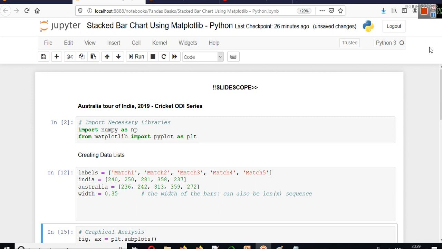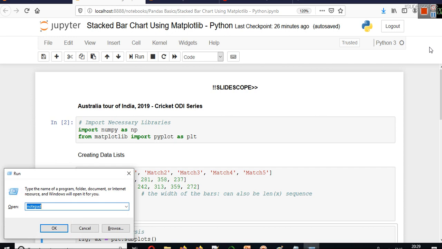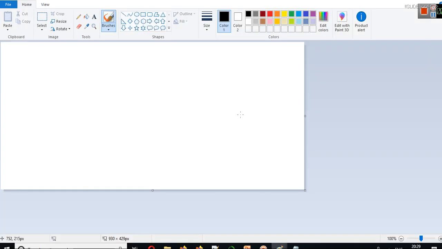We are learning data analysis and in this part you will learn about stacked bar chart using Matplotlib in Python. You will learn how to plot stacked bar chart using Matplotlib. In a stacked bar chart you will see that there are two values and they are placed on top of each other like this. So let's say this is some other data. So there will be bars like this, and the height of these bars represent some values from two different columns.